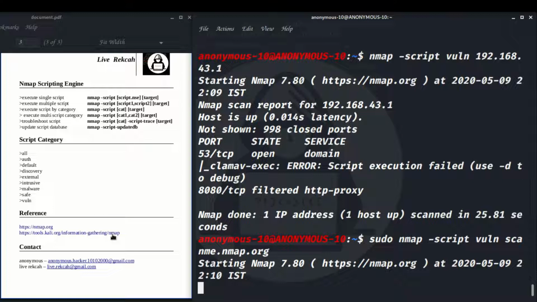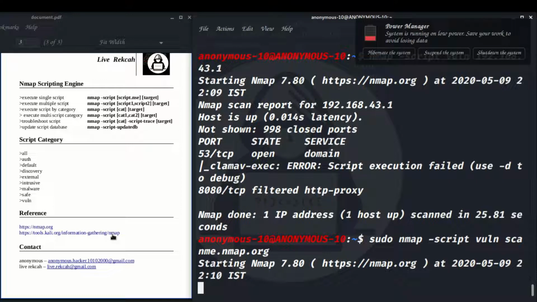If I can't give you 100%, this is the basics only. Even in these basics itself, it took me 1 hour 24 minutes. I can't teach you everything of Nmap. It will take me a day. Okay, I can't do that. If you are interested, but I think I have given everything. I have provided a document for you. You can practice it on different networks.